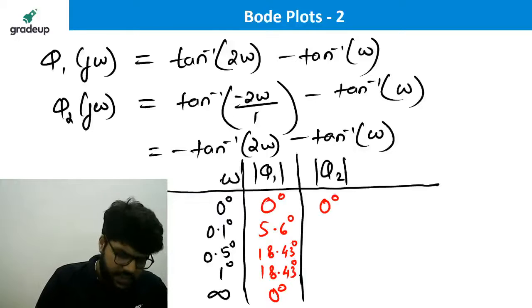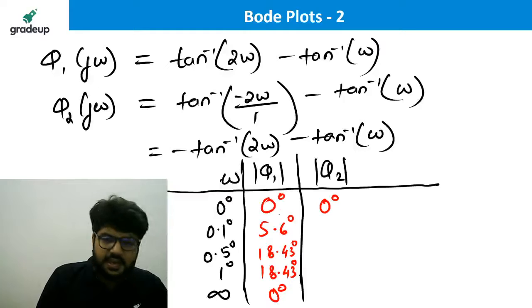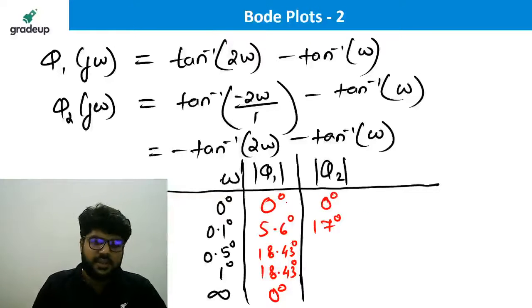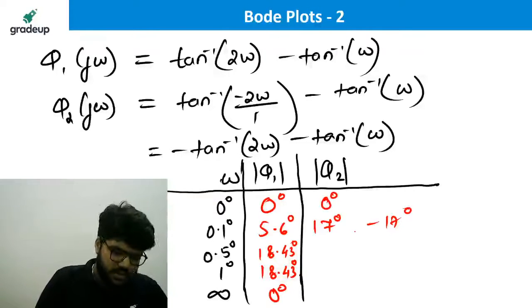Next is at 0.1, so tan inverse 0.2 minus tan inverse 0.1. This is coming up as 17 degrees. After taking the mod, it is actually minus 17, taken the mod. Okay. Then at 0.5,